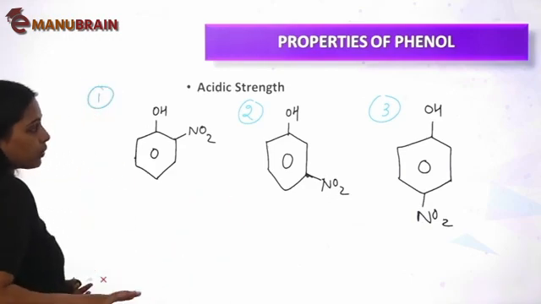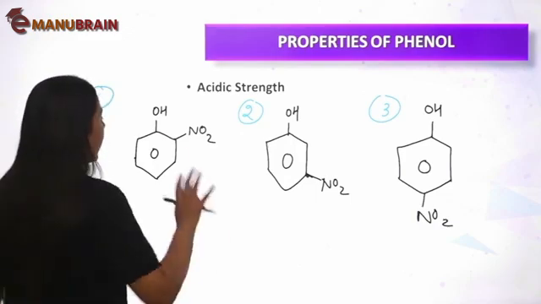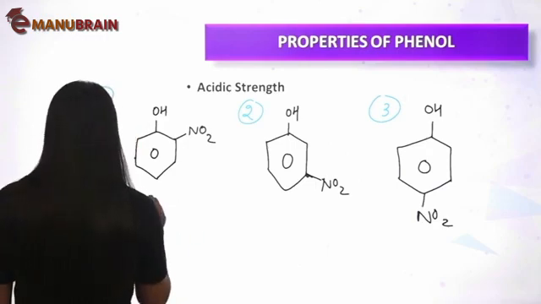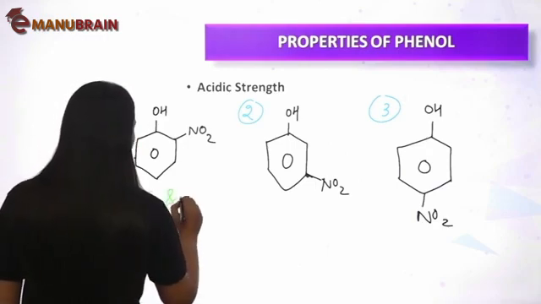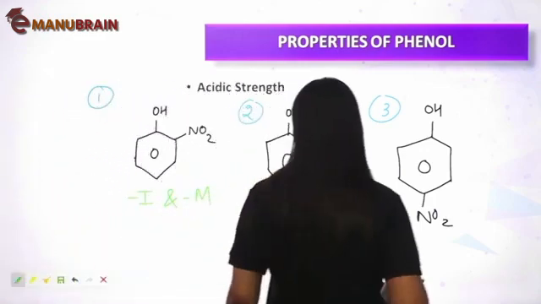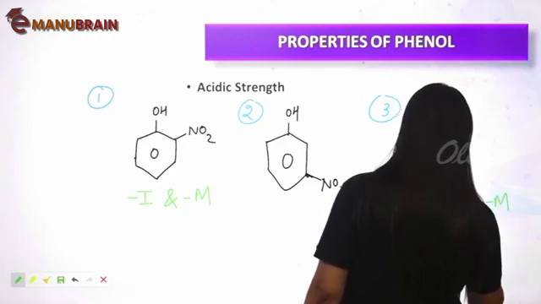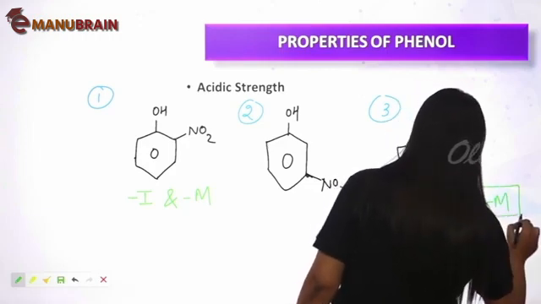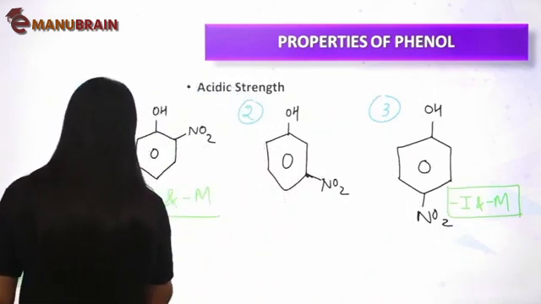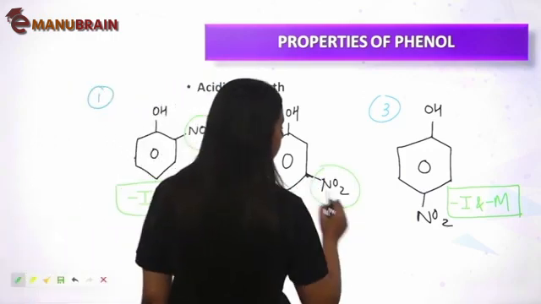You have learned in earlier topics that orthonitrophenol and paranitrophenol both are capable of showing your -I and -M. I will quickly recall that. Why are we saying this? Because the nitro group is attached on phenol, right? And this nitro group is electron withdrawing in nature. This is an EWG group,